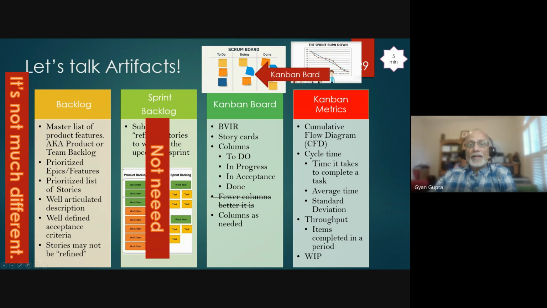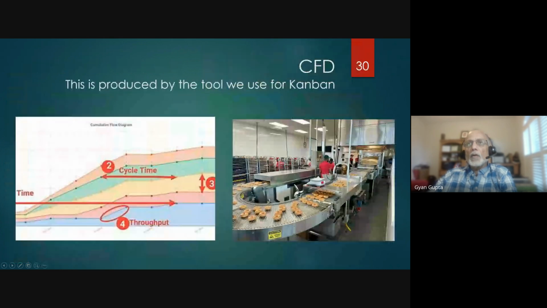Okay. Let me move on to the next one now. We talked about the cumulative flow diagram, and I'm going to touch upon this. Oh, here come my donuts again, right? All of the work that's being done here is in the cumulative flow diagram that gets created by the tool you use, something like Jira, and that will produce these kinds of charts. You can make it yourself too, but let the tools do that. And here things like cycle time and throughput get calculated. This chart is complex,